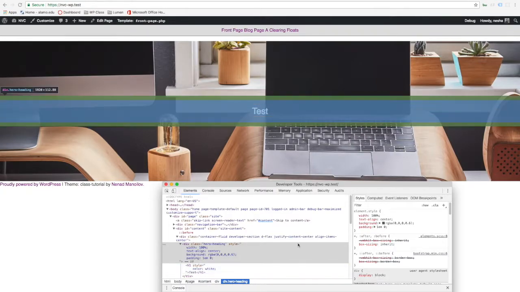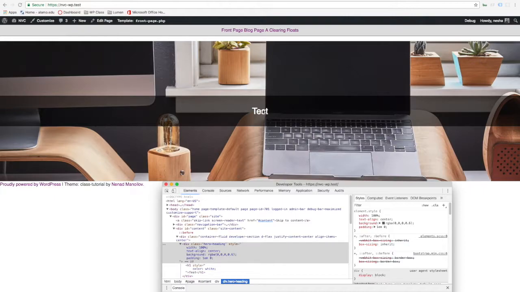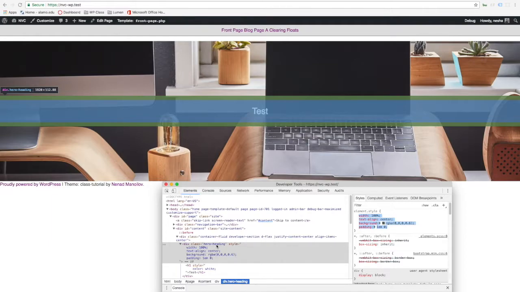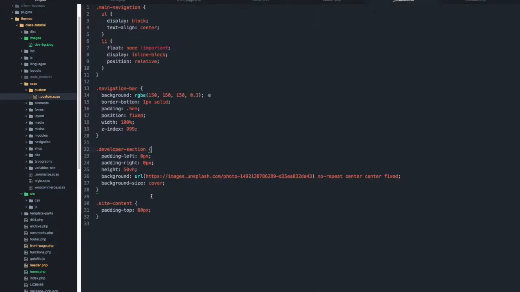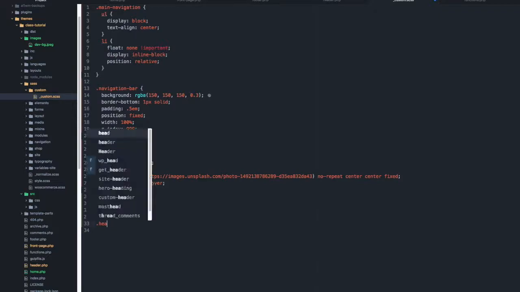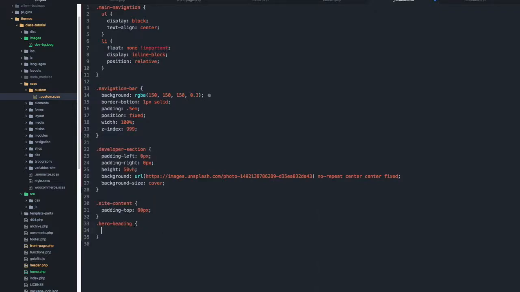And let's say I like this so far, and here we need to add these styles, because all we're doing here is just in the browser, so we need to transfer this to our CSS to actually take effect. So we want to do this to the hero heading class, and then let's go there. Let's get this hero heading